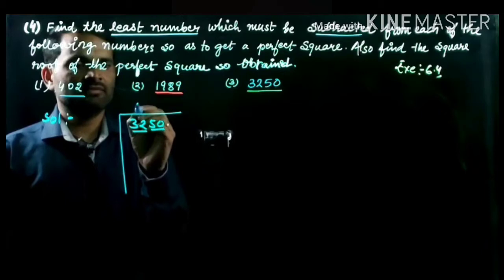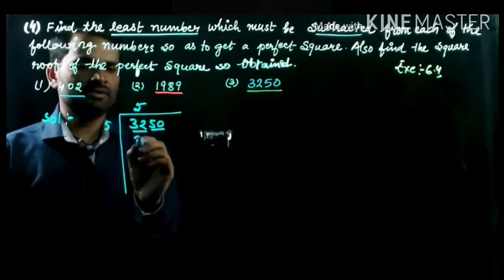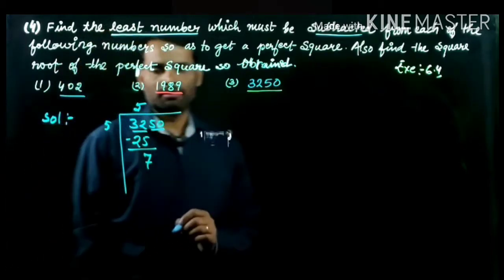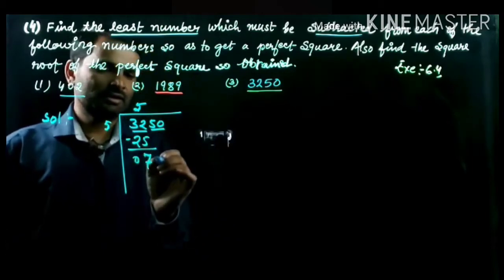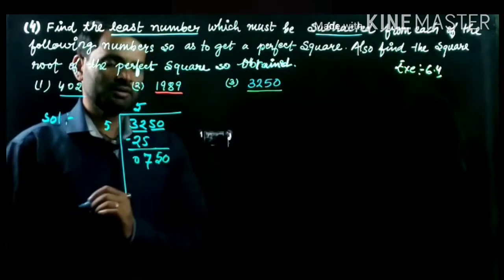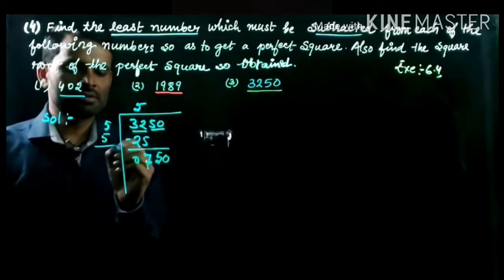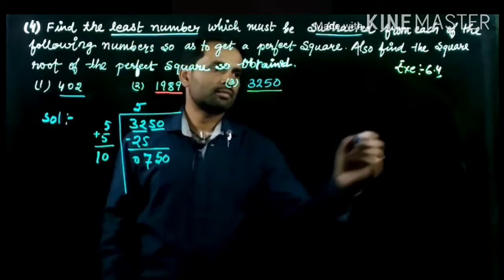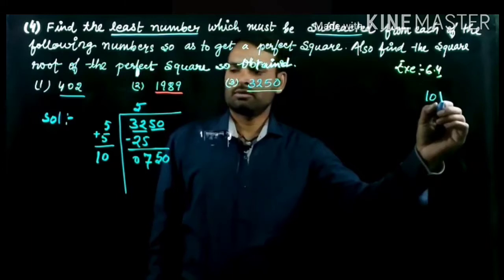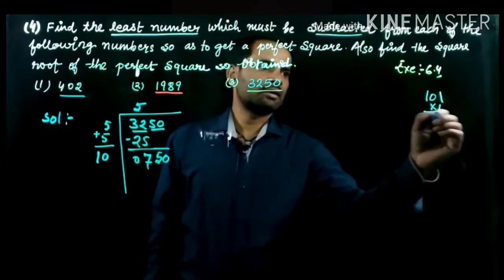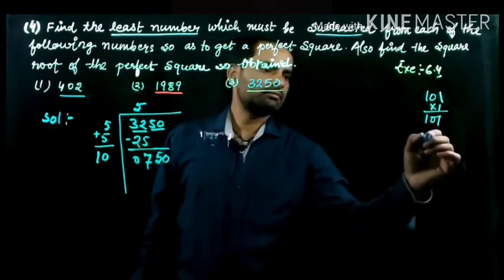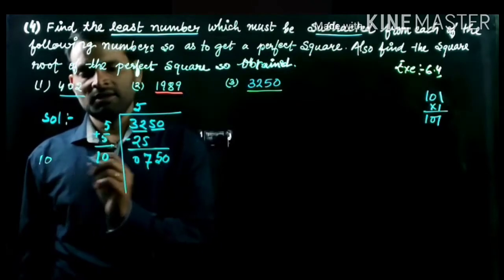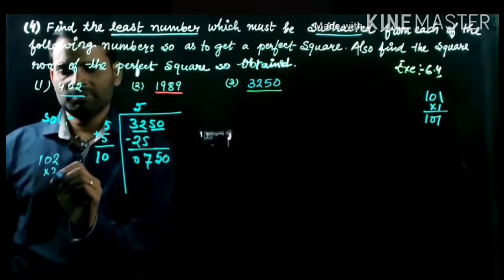36 is greater, so first you write 5, and 5 times 5 is 25, and the remainder is 7. After subtraction it is 7, and you bring down the 50. For the second pair, you write 5 and add it to make 10. Next you choose a number: suppose you write 101 times 1, which is 101. The same number is written in the second place. Suppose you write 2 and multiply by 2.